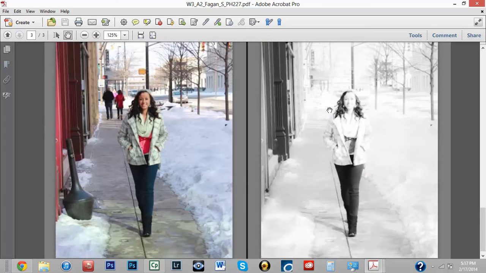It might be something as simple as changing the... if you have this as a smart filter on its own layer, you might try just changing the blending mode on this, because it feels blown out. And it may be that, depending on which method you use, if you had the channel mixer and you were working with the channels,